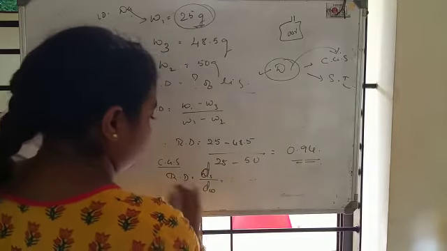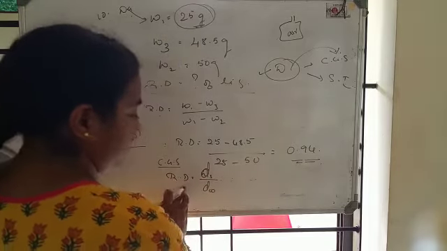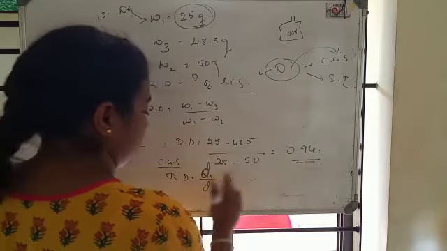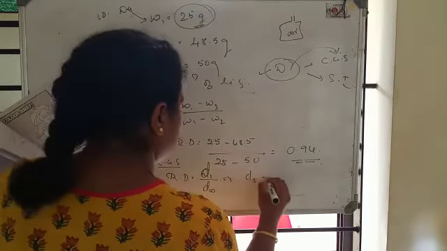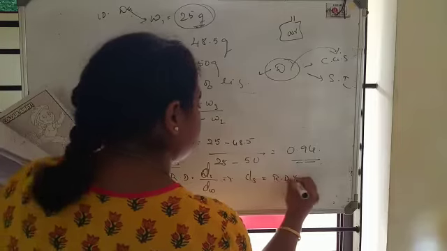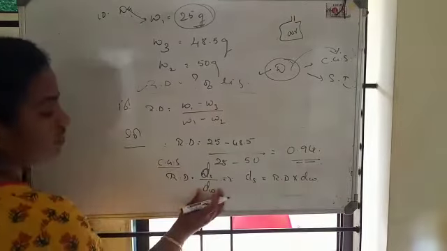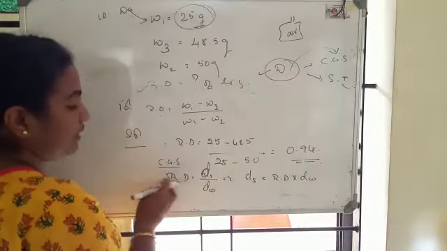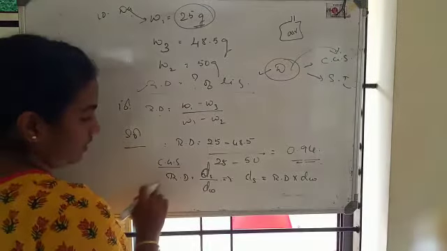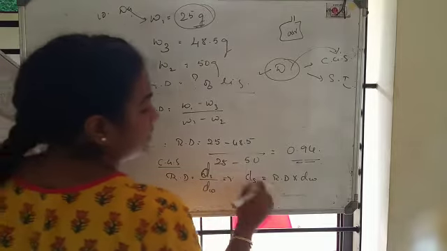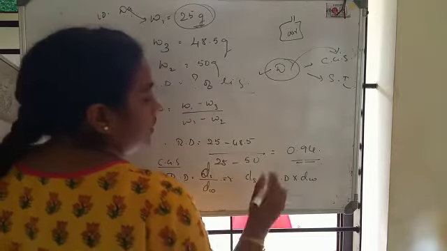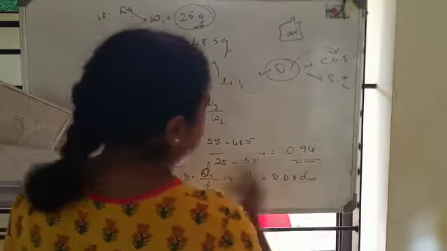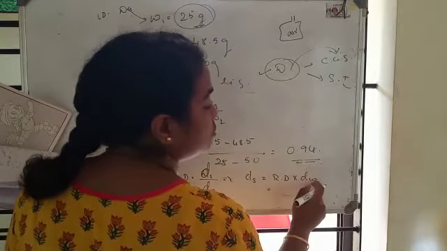First I will manipulate the formula. I will bring this side. Density of the substance is equal to relative density into density of water. The denominator is multiplied to the relative density when brought this side, so it will be relative density into density of water, which is equal to density of substance. Now if I want to calculate in the CGS system, then density of water should be in CGS.